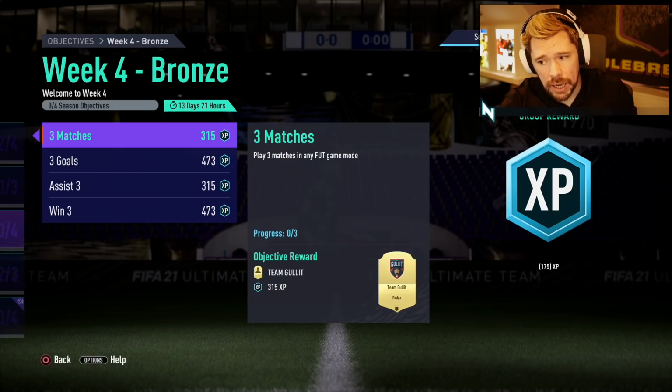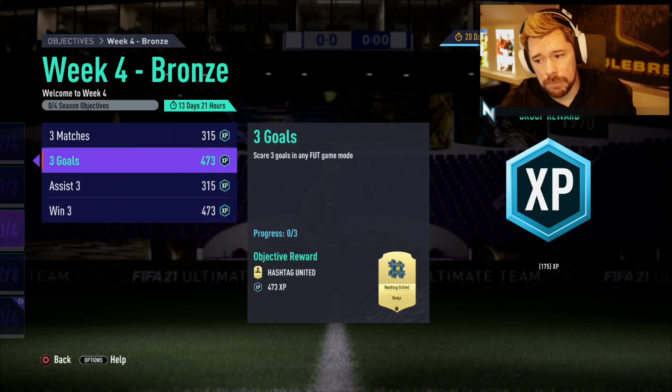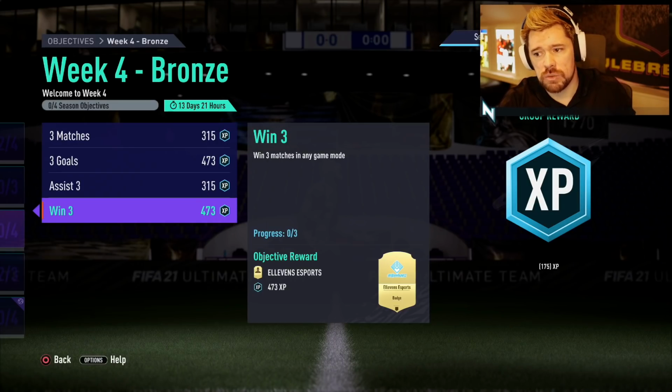So what we're going to go and do is build a squad and play and win 3 games. I think for this week, I'm just going to show you what squad I build and why I'm building it, because the squad is actually going to be for one of the other objectives, and it's difficult to do these separately. So for week 4 bronze and silver, I'm not going to show you any gameplay anymore,